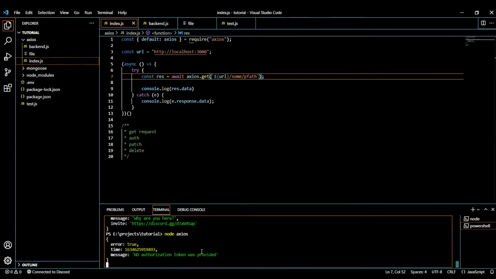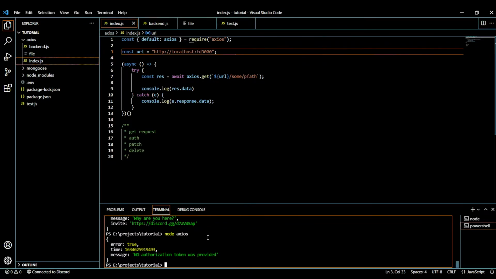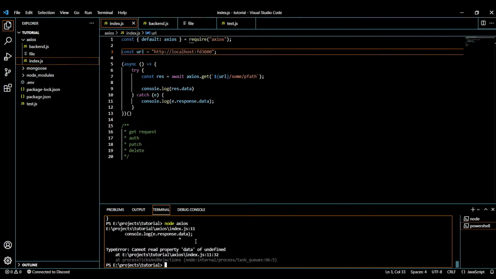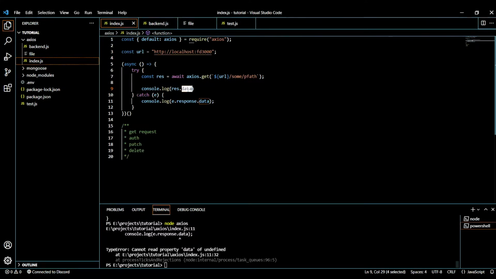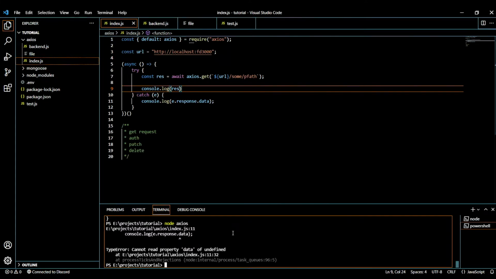Now if we provide some invalid path, well, it is because of my error handling in the backend. For example, if we provide some invalid URL, then we are going to get an error, and the error is like 404 not found. So please do not provide invalid URLs because it is just a bad thing for you.